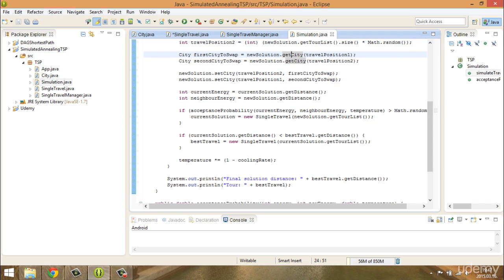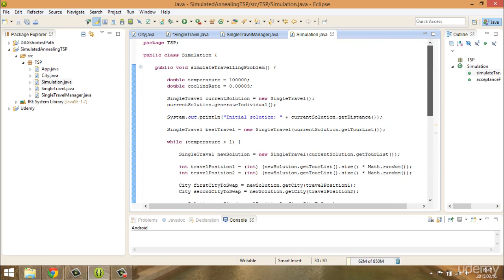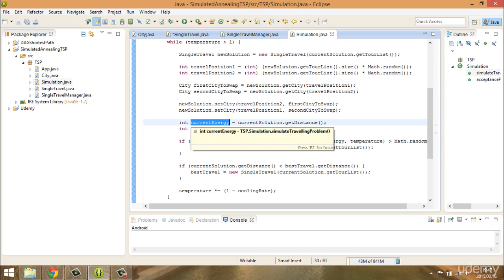yeah, we keep calculating the energies. And as I said earlier, the energy is the get distance, so the distance of the whole tour. And I think it is just for historical purposes we call it energy and we call it temperature, because I think, first of all, these kind of simulations are used in physics-related stuff, physics-related simulations, such as I said earlier, the Ising model, how to simulate magnetism with the help of the Ising model. So it usually uses energies,